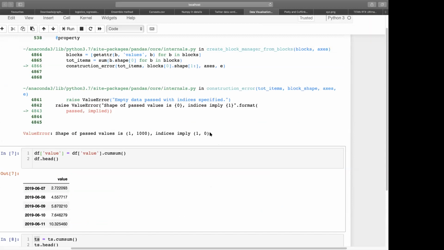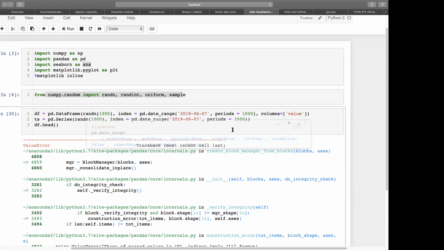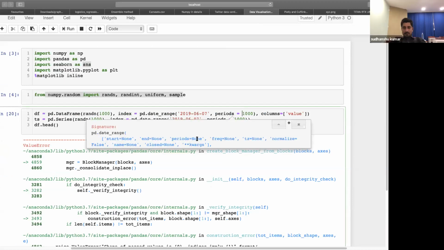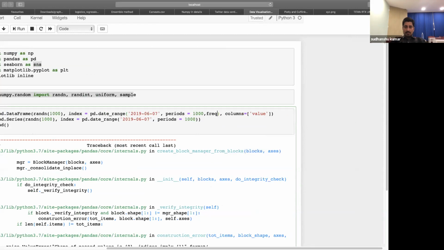Yeah, what I want as the result is 0, 6, 0, 7 as the first one, and then 0, 6, 0, 6, 0, 6, 0, 5 in that manner. How can I achieve that? Okay, so basically you are saying that you wanted to create 1,000 and